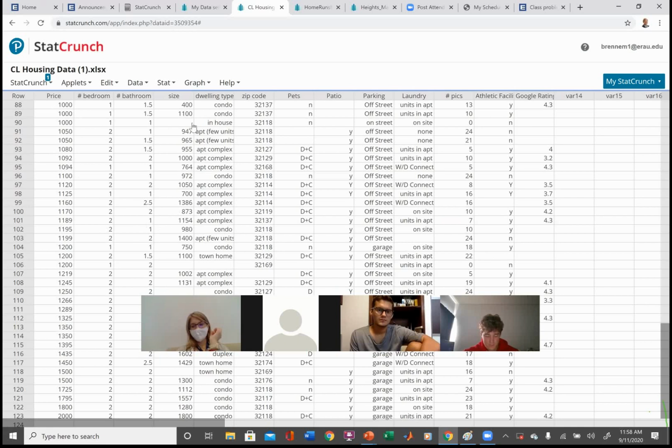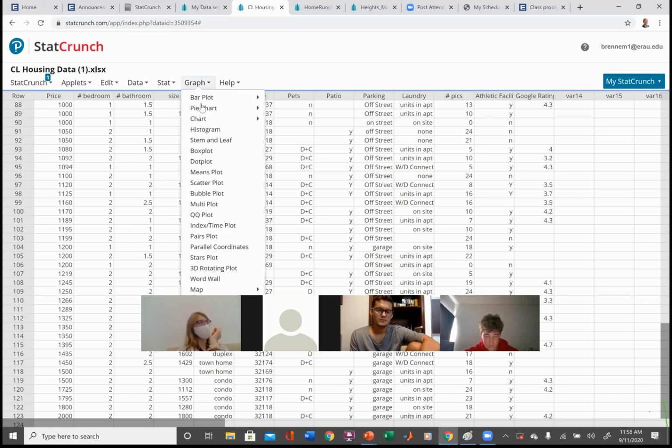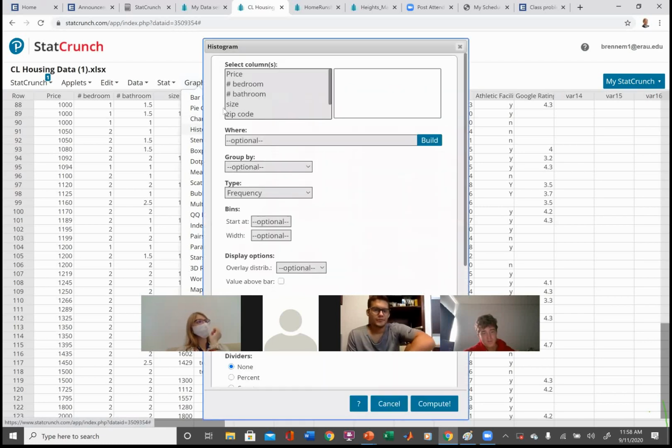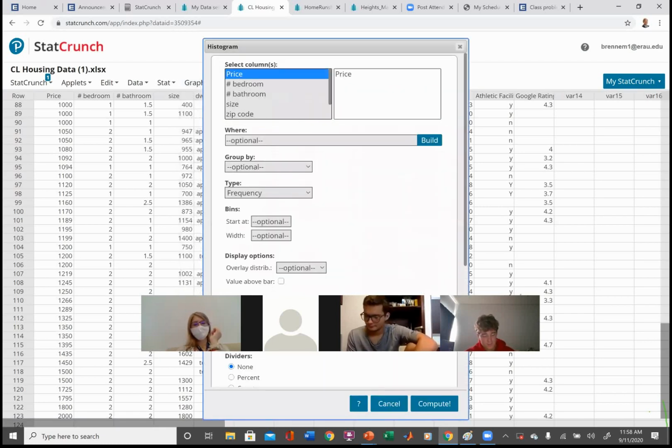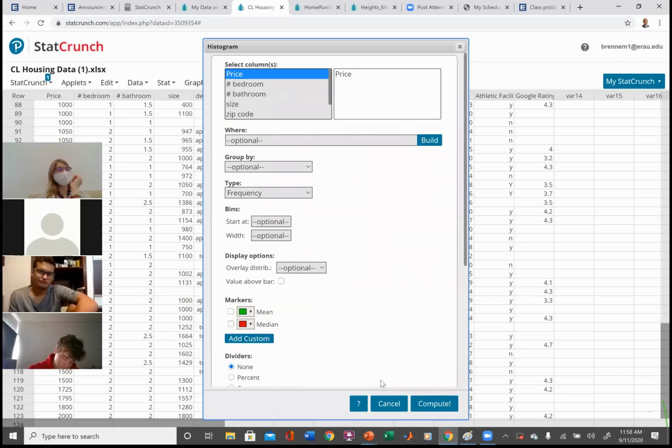Okay, so let's go ahead and plot. Histogram, price, and again, I'm going to use frequency. You don't have to put the mean in the median, and you don't have to put the value over the bar. I find it's helpful though.